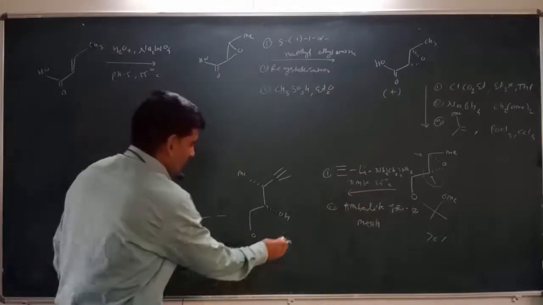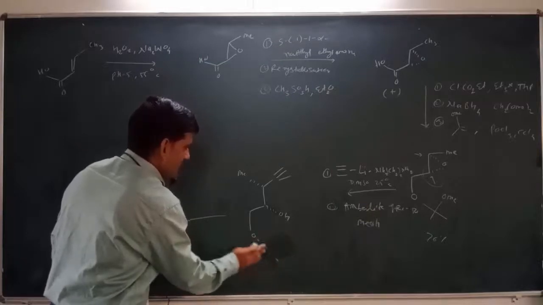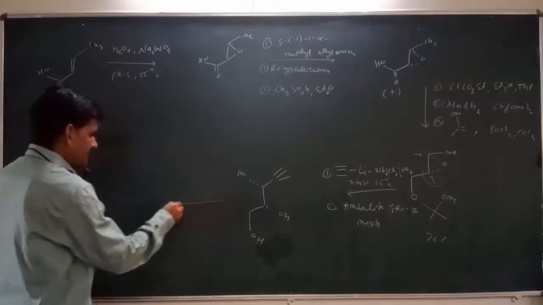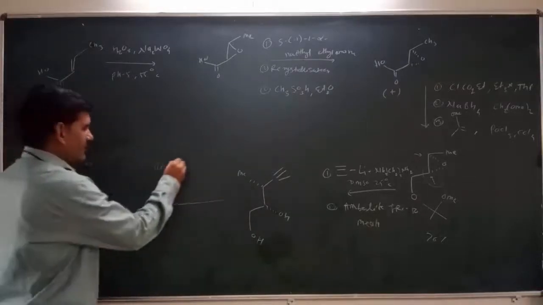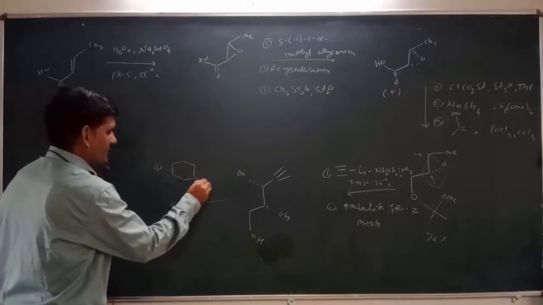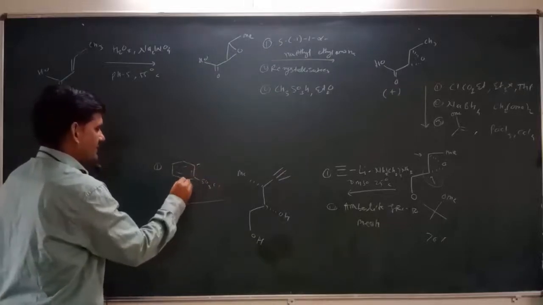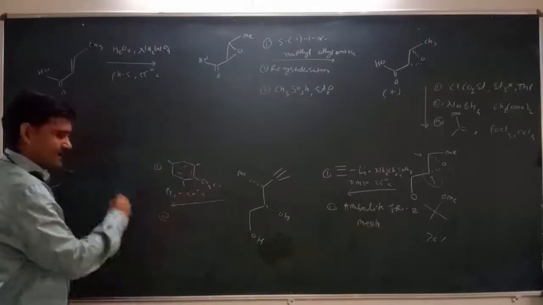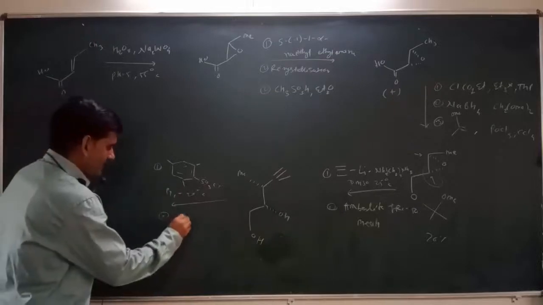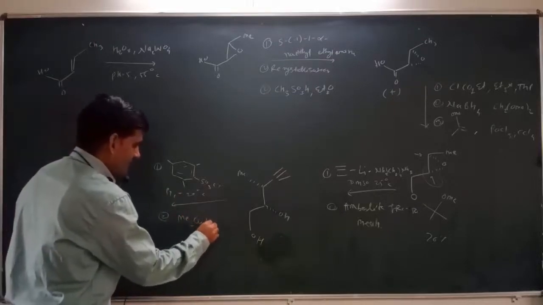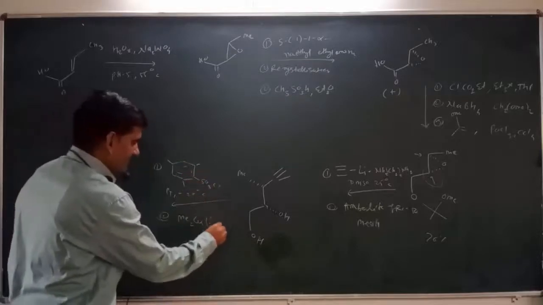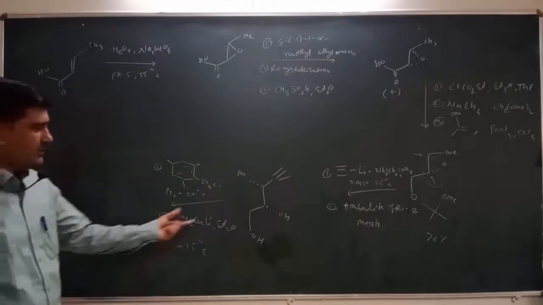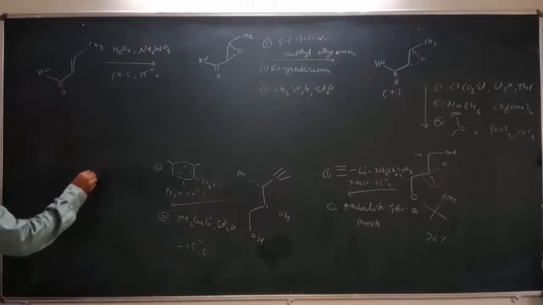So this alcohol will be deprotected here, and it gives the formation of this alcohol, that is OH. Then in a further step, we can treat this compound with mesyl chloride, a compound like this, in presence of base, that is pyridine, at minus 20 degrees Celsius. And then in the second step we can treat this compound with lithium dimethyl cuprate in presence of ether at minus 15 degrees Celsius. Then here we can do methylation at this terminal position, and we get a compound like this.